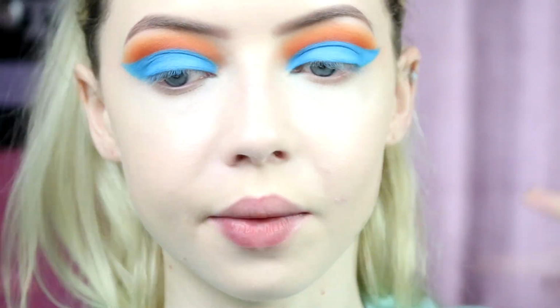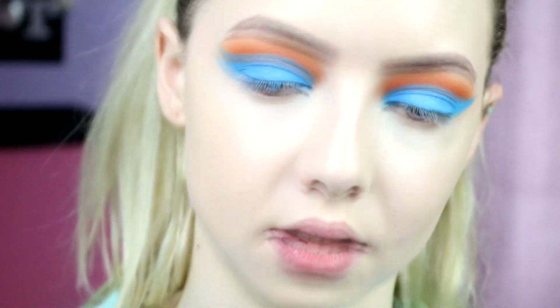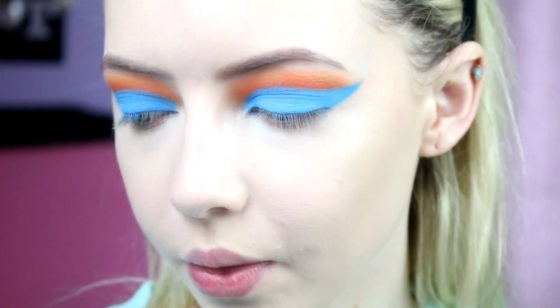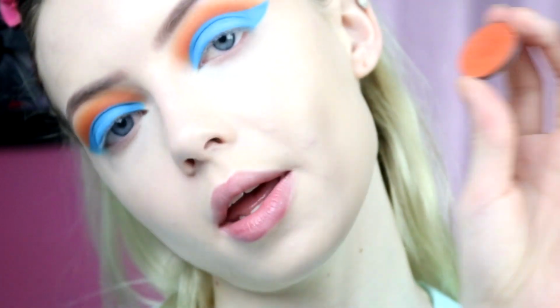Okay, so while I was gone, I just did some concealer and concealed this junk that's happening down here. So now we're going to move on to the lower lash line, and I wanted to do my concealer first because I'm going to be bringing it quite far down with glitter and all that kind of jazz. So that way we can just blend until our heart desires, and then we won't be covering anything up with concealer. So for the lower lash line, I'm going to go back to the orange, and we are going to